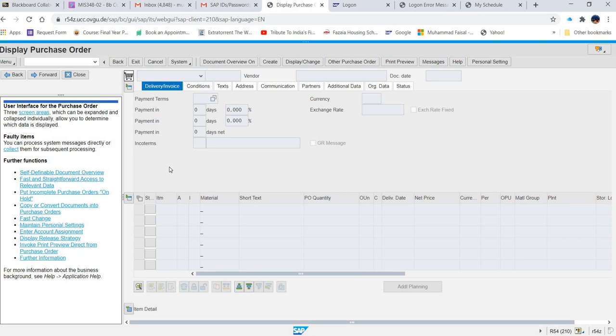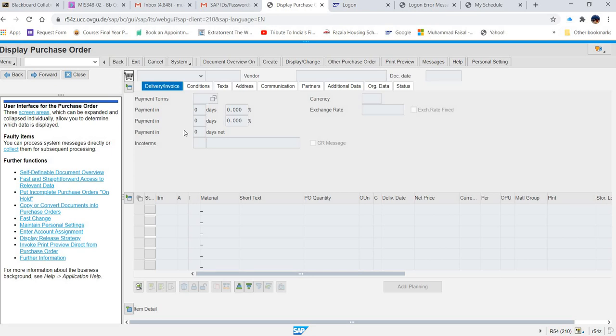Okay. And what about back? Normally, when you are in a transaction and you are on the first screen of the transaction, at that point back, exit and cancel behave the same, but they are not the same. Back will only take you one step back. For example, you are at level 4, meaning you click on the transaction, then you go inside, then you go inside, then you go inside. So when you press back, you will be one step back.